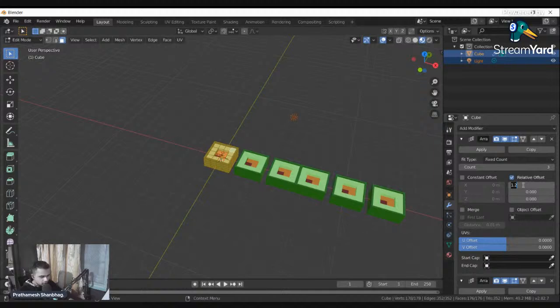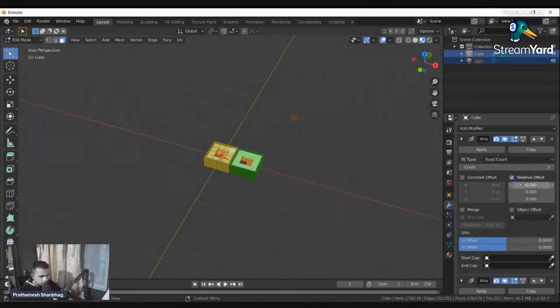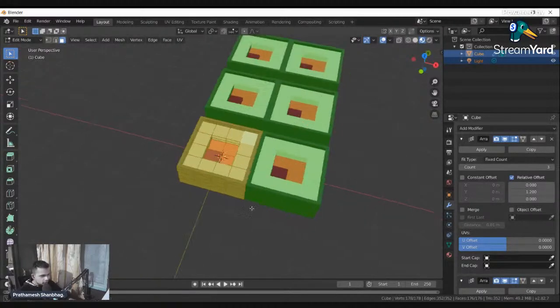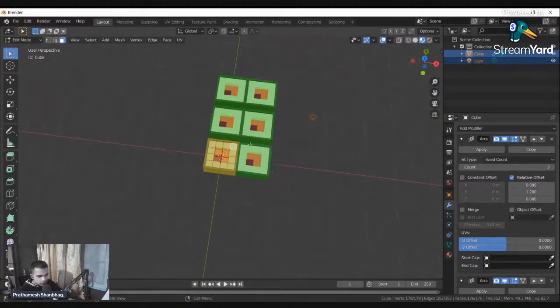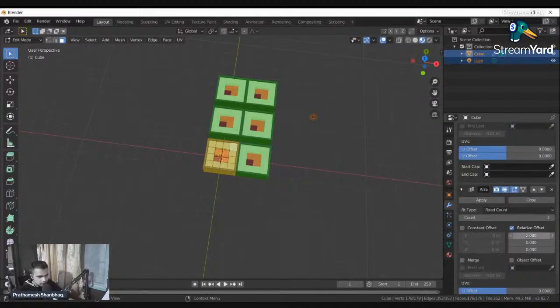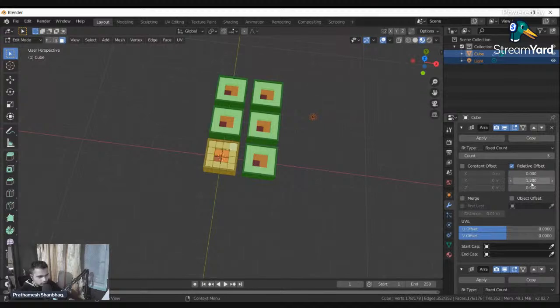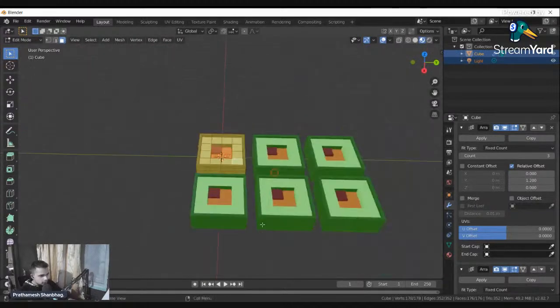Now we are going to make the gap on the x axis 0, and when we do that, all the models get stacked on each other, and we are going to increase the gap here. And as you can see, we have the sushis, but they are stuck together. So you can increase the gap in between them, and increase the gap here. Perfect. As you can see, the sushi is now done, and they have proper spacing in between them.